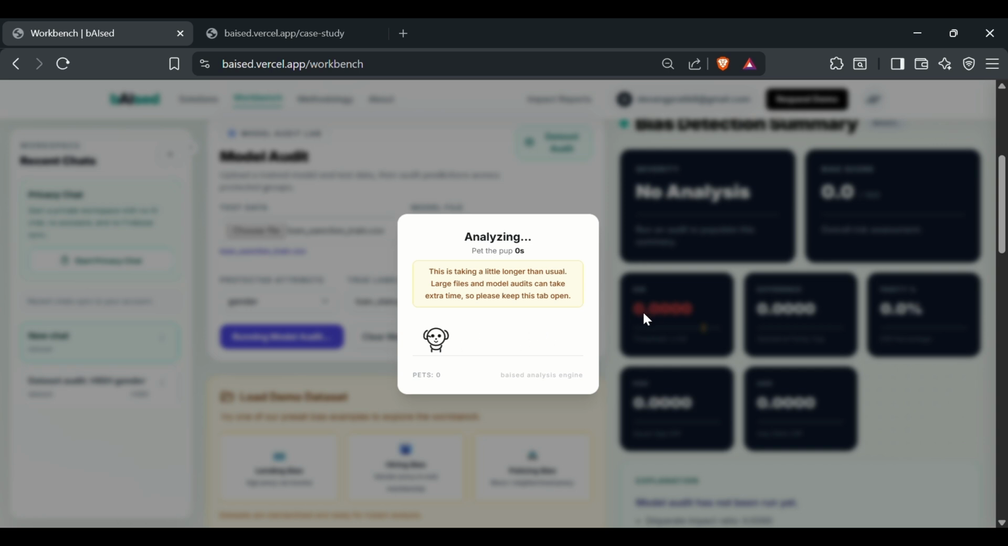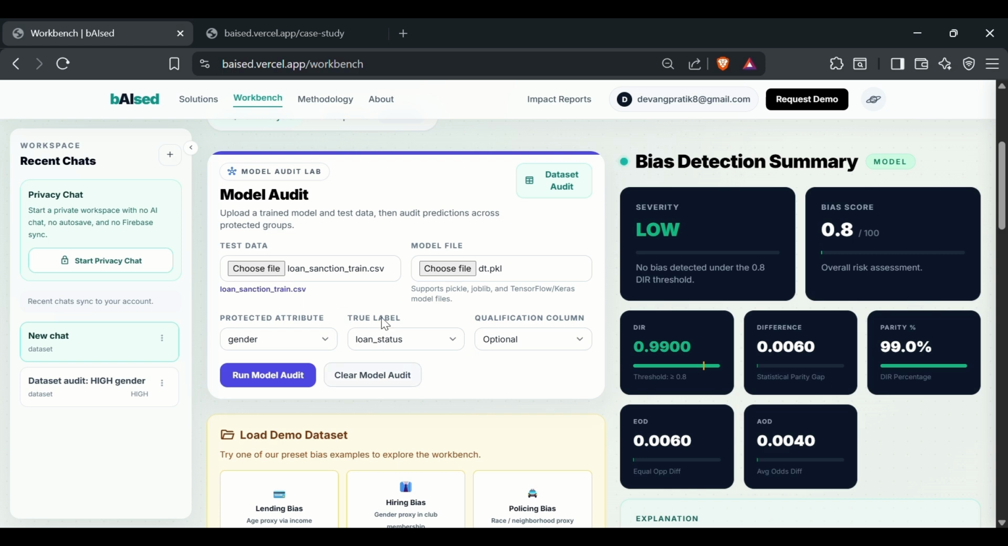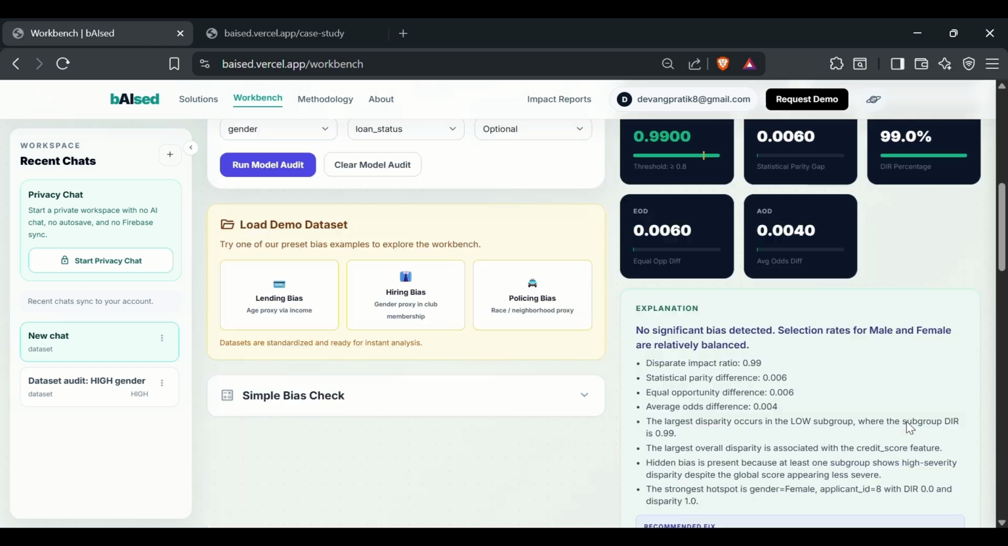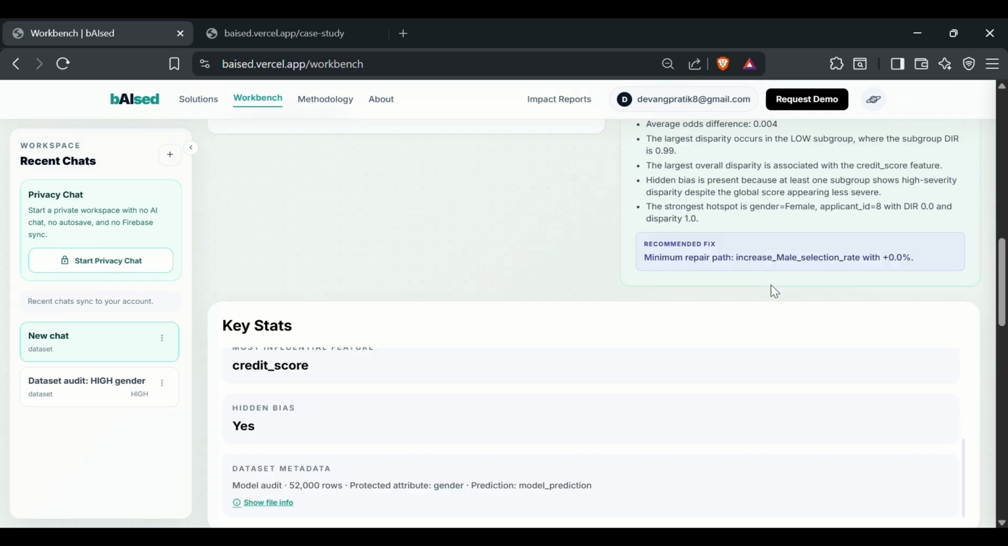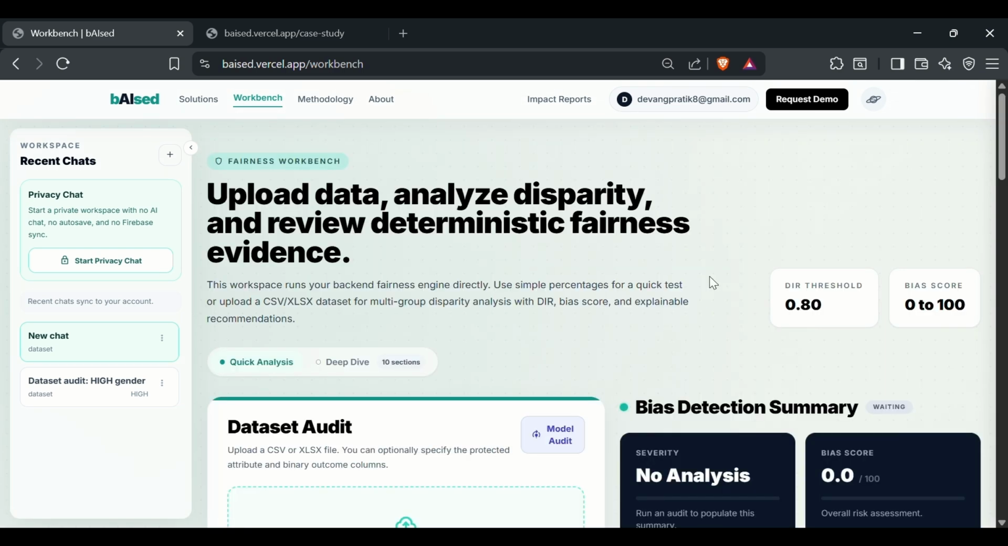It is going to take a few more seconds than usual because I have put in a bigger model than before, and this data that I've put in is around 52,000 rows or something like that. And it will again give us all the explanation that we need: key stats, data set, risk, everything. Okay, so after showing you the model audit that I had done earlier,